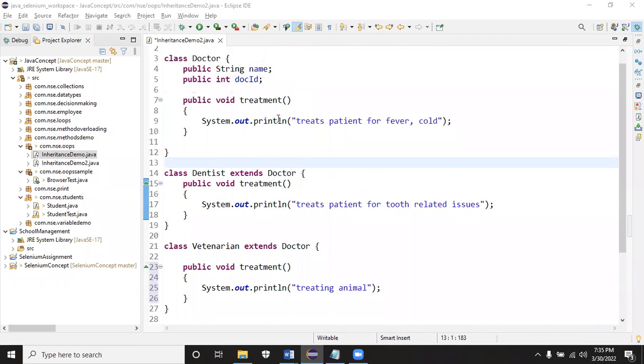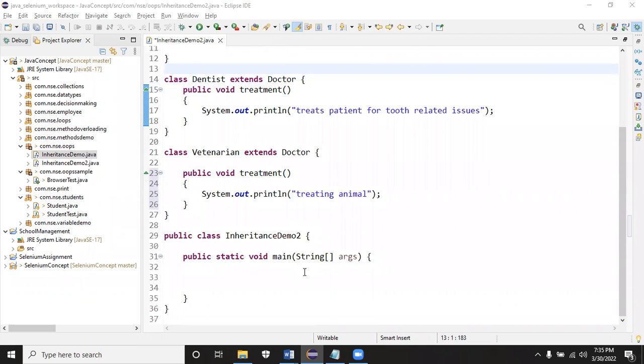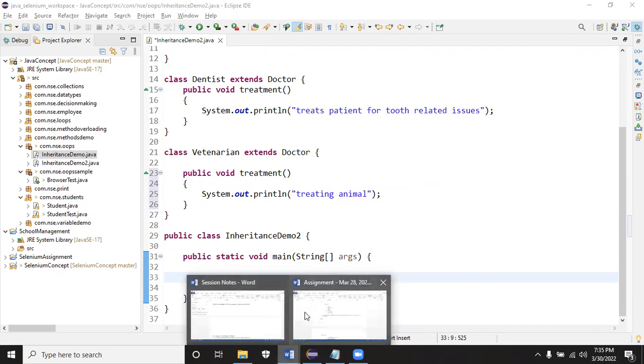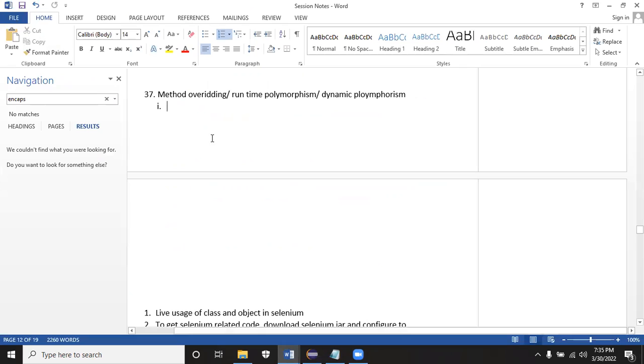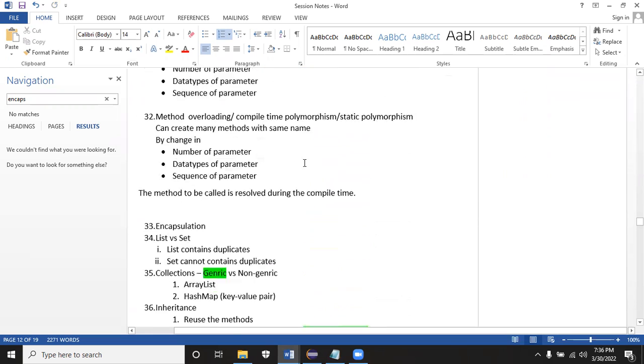So now listen here, the same method only. We already know how to create an object and call these methods and all. To achieve the method overriding concept, you have to create an object for child and store it in the parent reference. When you do this, you will be able to see the overriding concept. During the runtime, the method to be called will be changed.